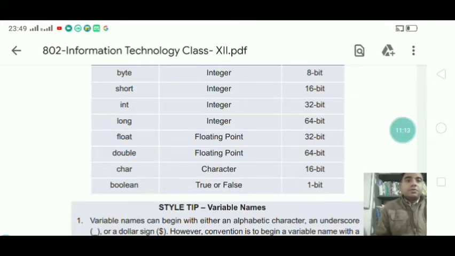Next comes the integer data type. The keyword is int. All the keywords are written here for different data types. The type of value you can store is integer and it requires 4 byte of data.